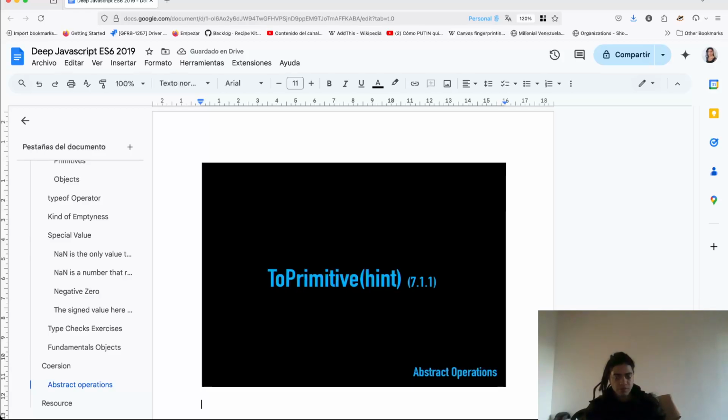If the hint was string, they just reverse the order that they consult them in, but they still essentially consult both of them. So if the hint is string, we would ask for that non-primitive's toString method, and if it has it, use what it returns, and if it gives us legitimately a primitive, like a string, which it should, then we'll just use that, and then we'll try valueOf. Okay? So just keep in mind, if you're going to use something that is not a primitive in some place that definitely needs primitives, like math or concatenation, you should realize it is going to end up coercing it through this toPrimitive algorithm, and it's going to end up either invoking the valueOf